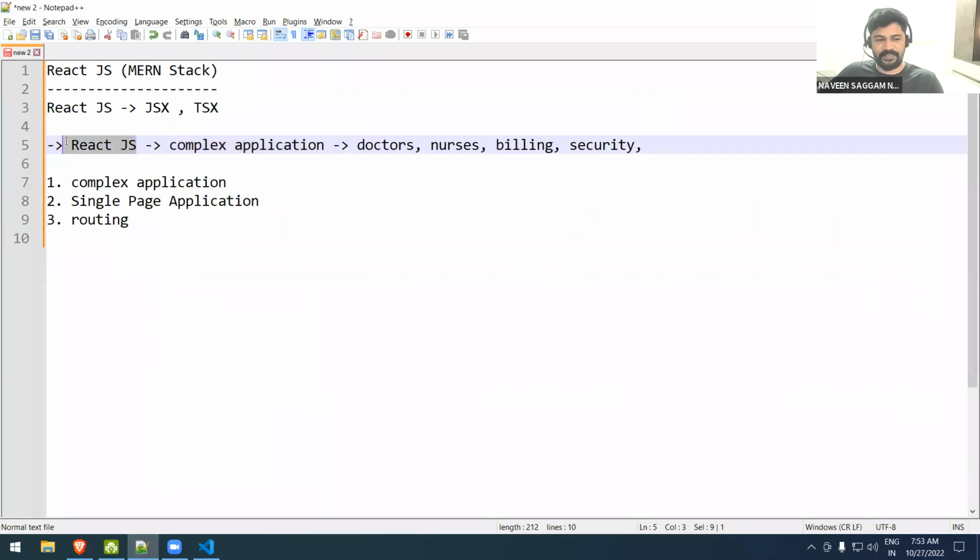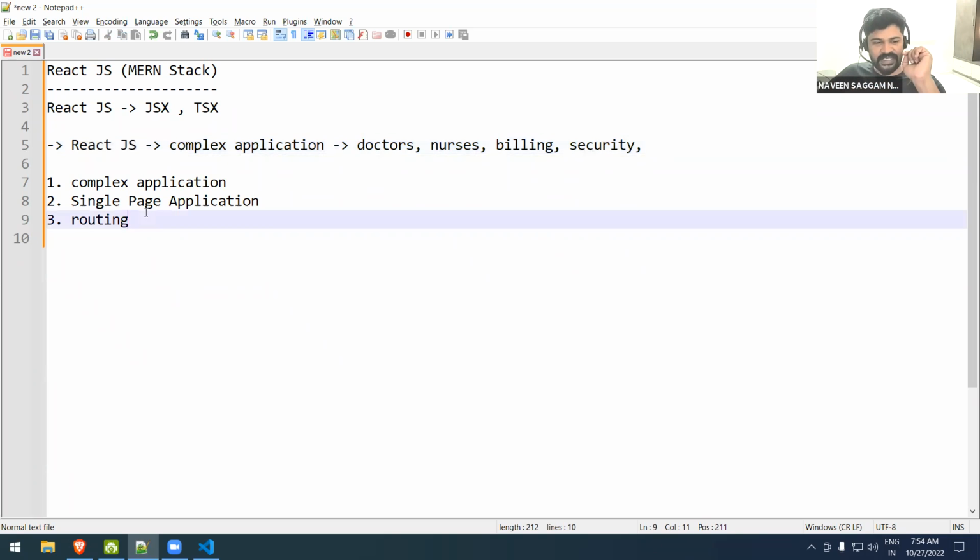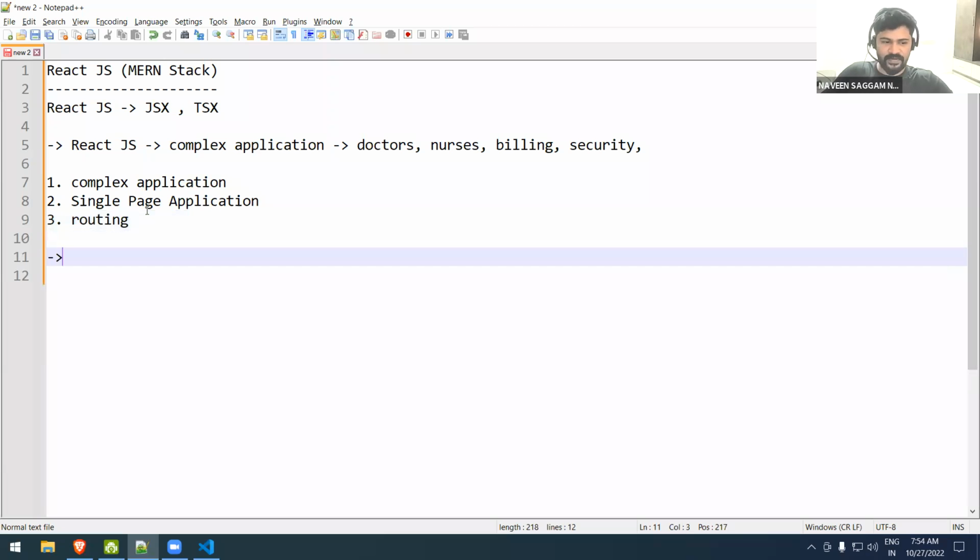To simplify that, React.js has come. But in which way does it simplify? What is the main goal behind React.js? If you know the React.js structure, it will be easy. The only thing you need to understand is how React.js simplifies a complex application. The simple concept is that it uses divide and rule. Divide and rule. For example,